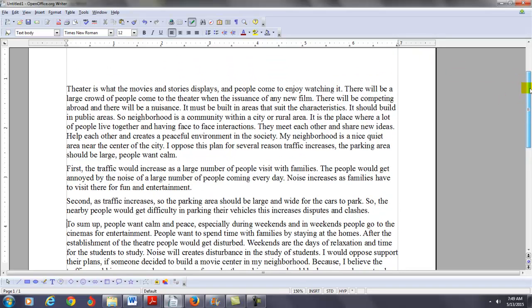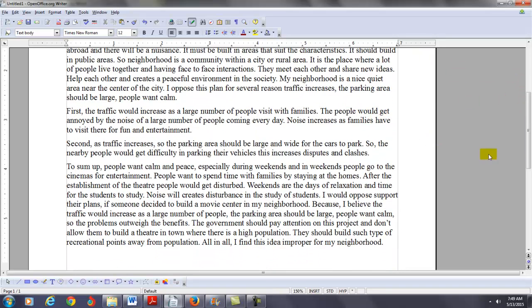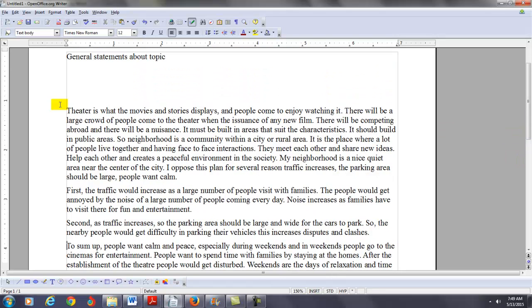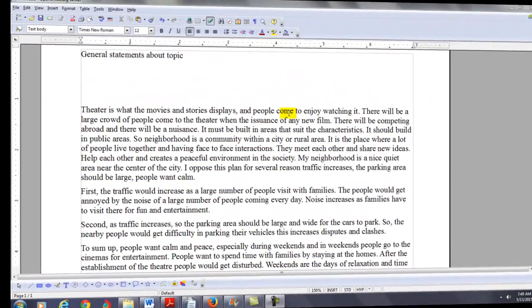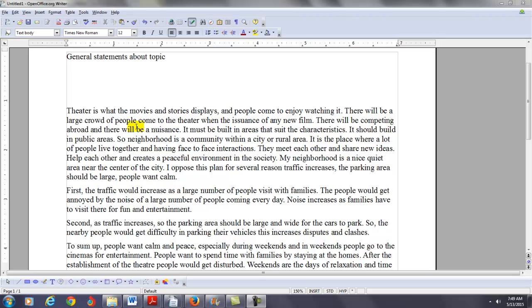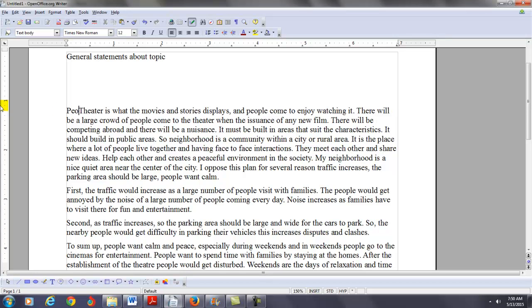So the other thing is I want to go through and make some corrections in one of your paragraphs so you can see what kinds of issues are coming up in your writing. With this first sentence, you say, theater is what the movies and stories displays, and people come to enjoy watching it. But if you say movies and stories, you probably want to say them, but even the way you wrote that, I probably wouldn't even say it this way. I would probably say people